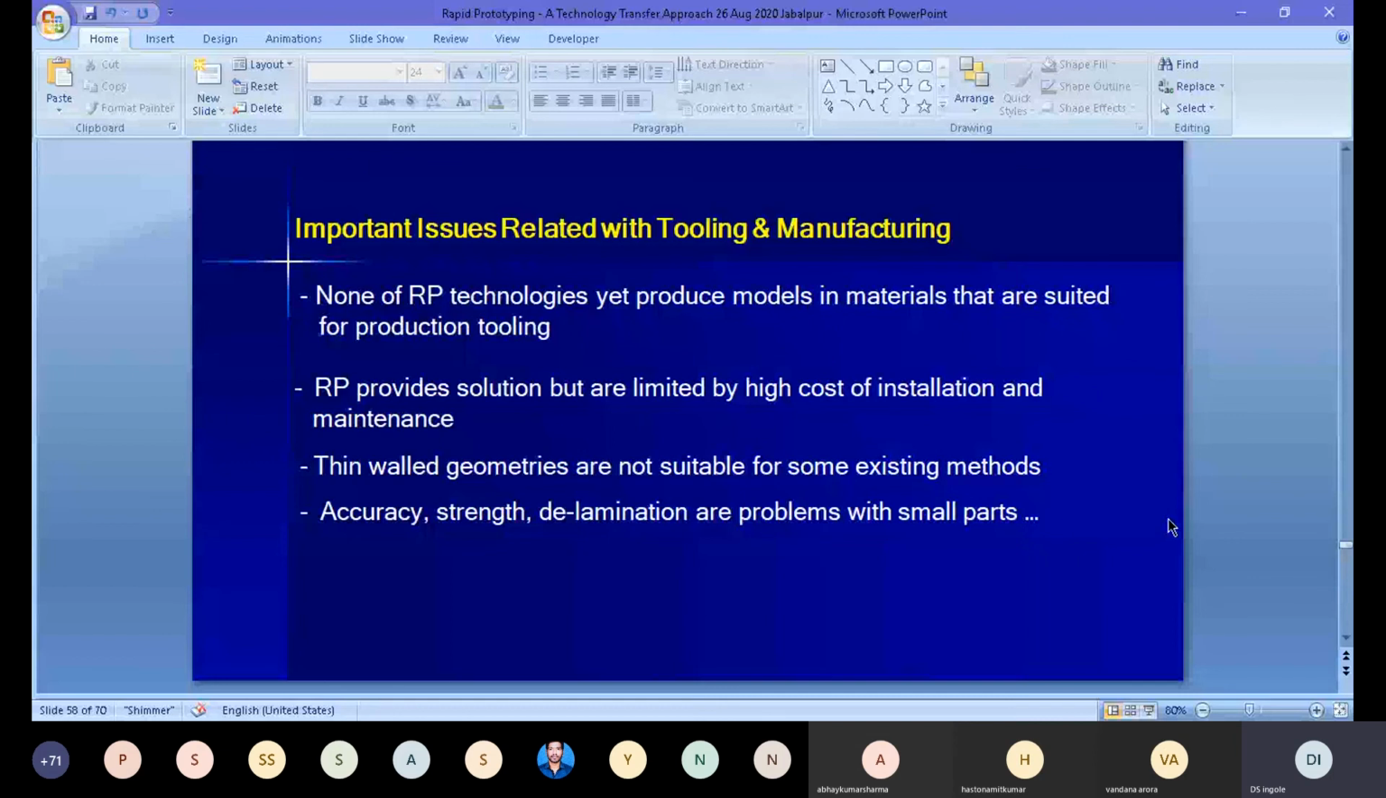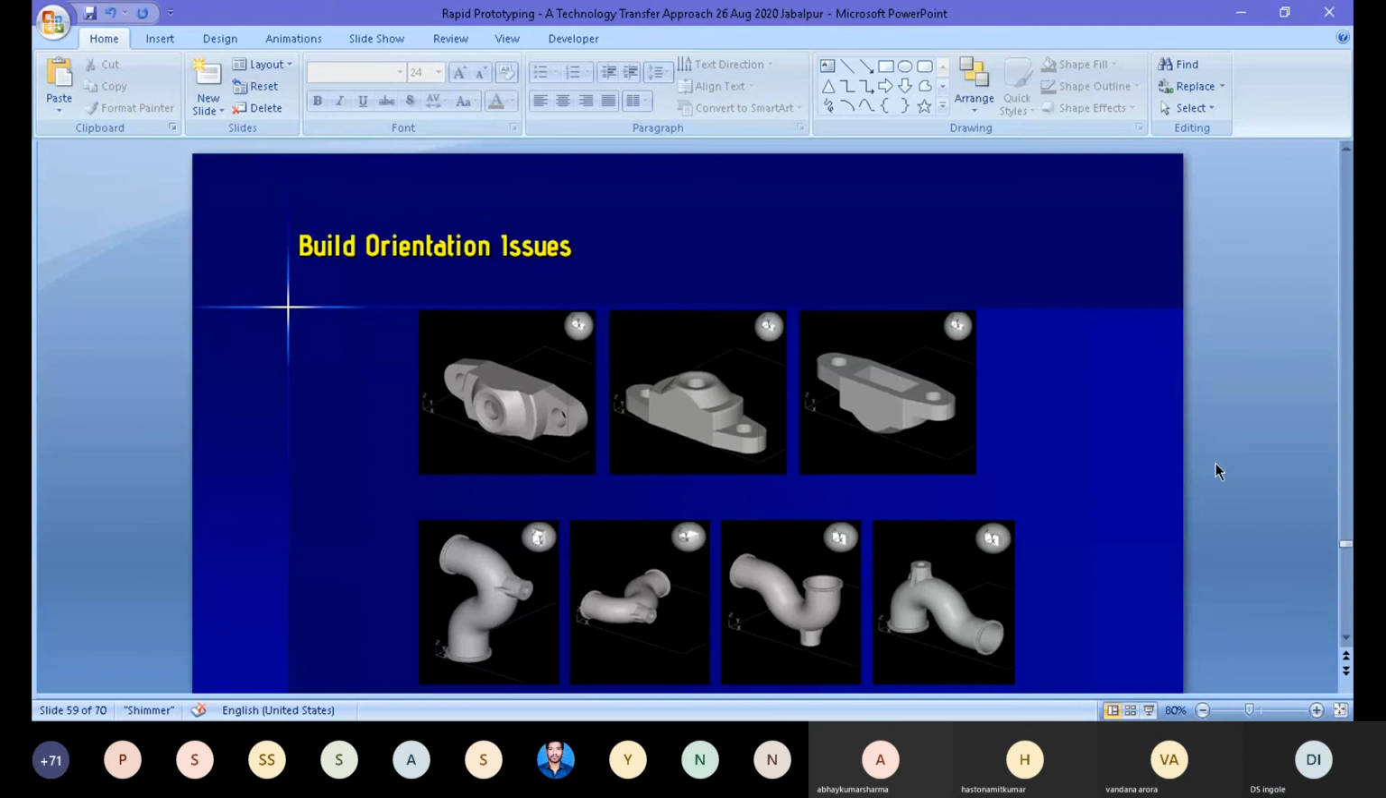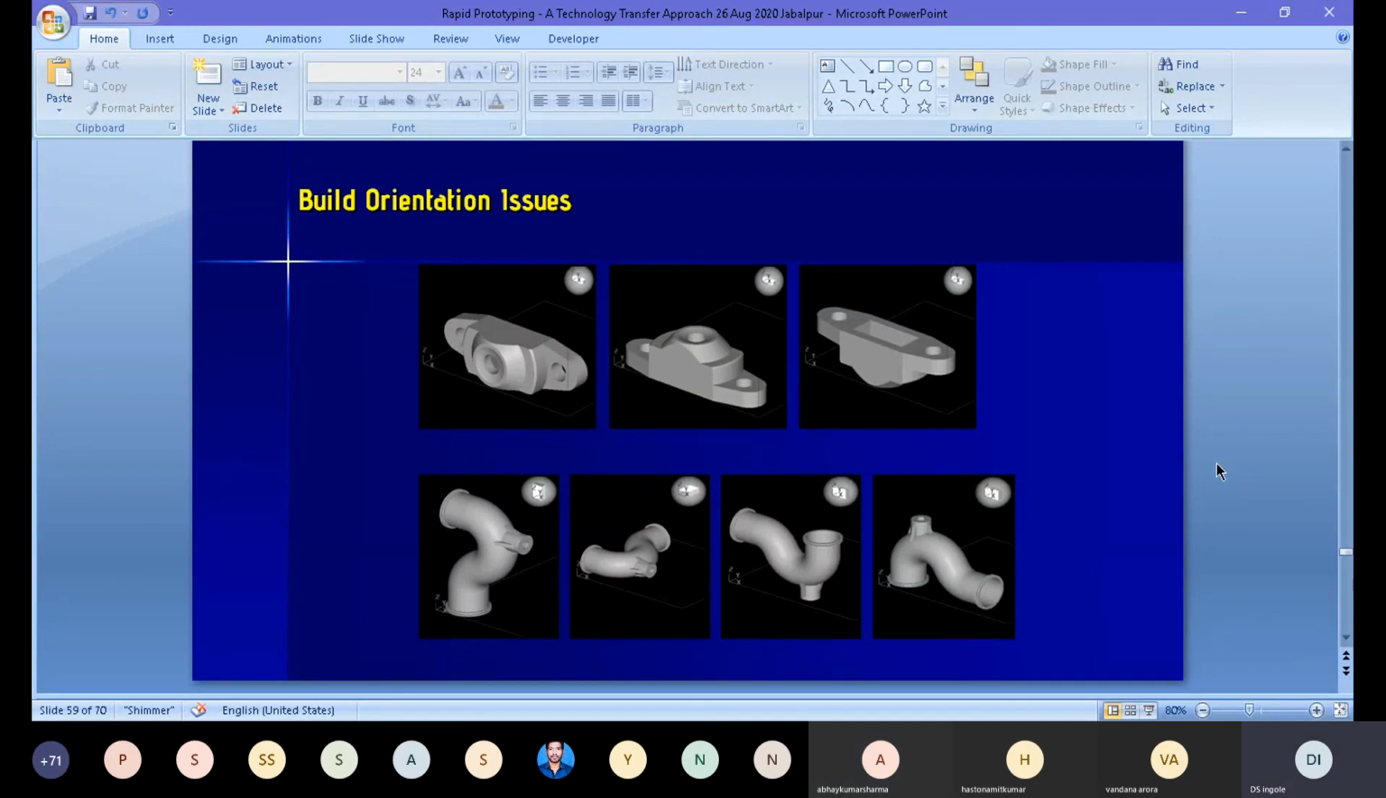These we already discussed: thin wall geometry is not possible, and accuracy, strength, and delamination are some of the problems of this. Build orientation issues again need attention, because for every product there are options on how to build, whether horizontally, vertically, or by tilting. A number of possibilities are there. You can rotate it by 360 degrees, and at any degree you can build. This technology can build that, because rapid prototyping technology doesn't require any, say,